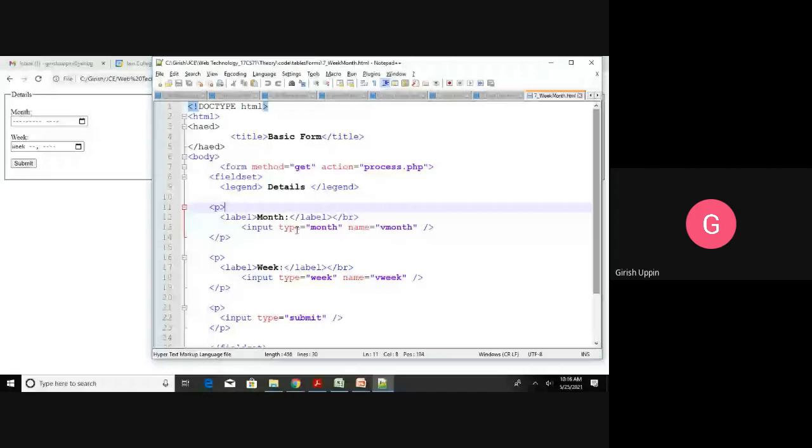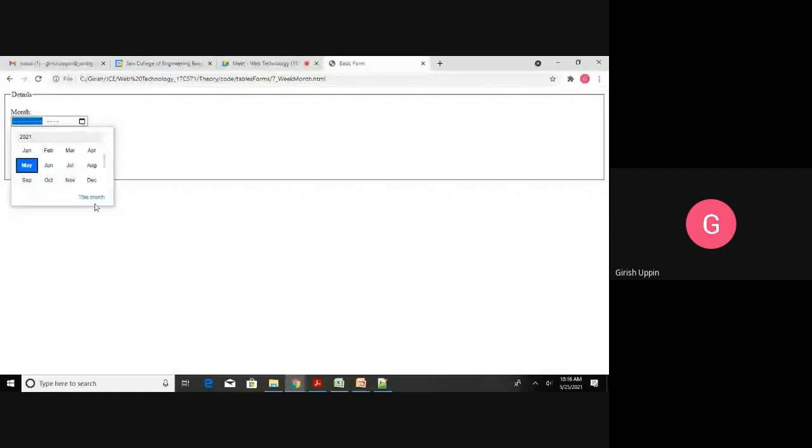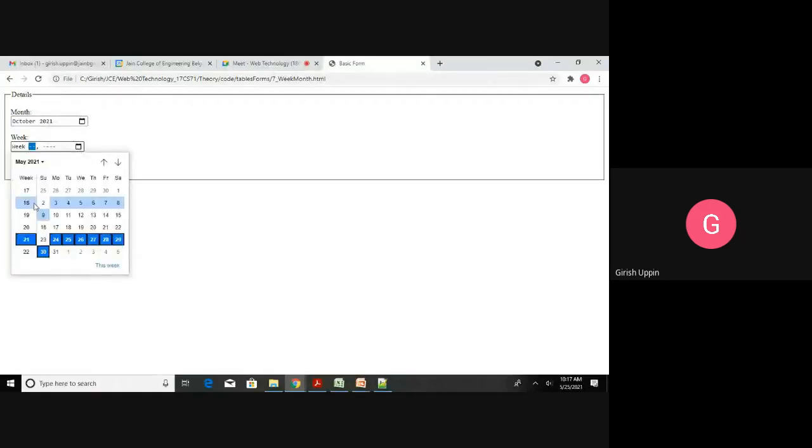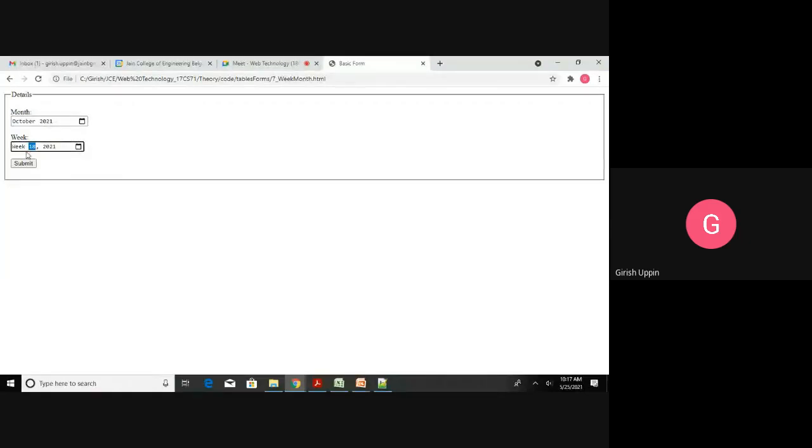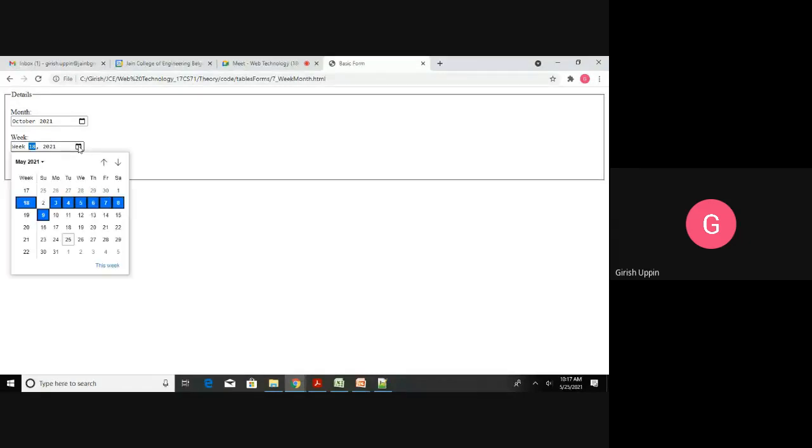So where we can select just the month and just the week number. If I'm selecting here, you can notice I have a year, and we can select through different years, and whichever year you select, let us say October, that particular value will be selected, October 2021, and here it will go as a number. So you can select week 18, right, or any week.